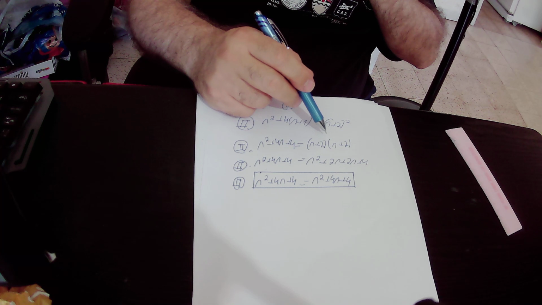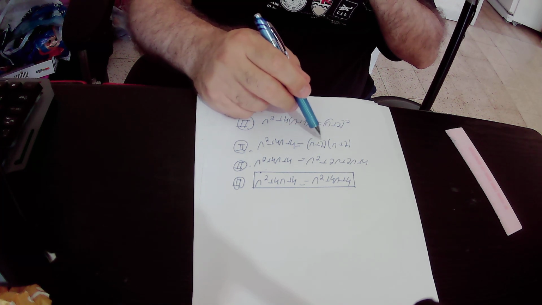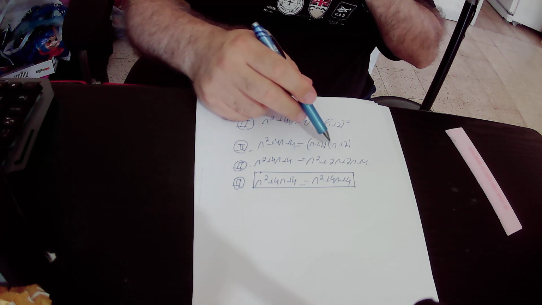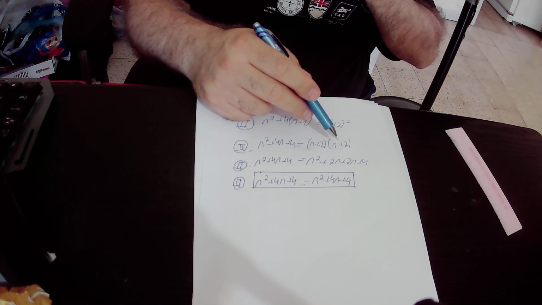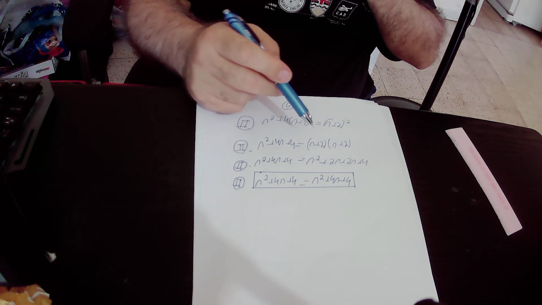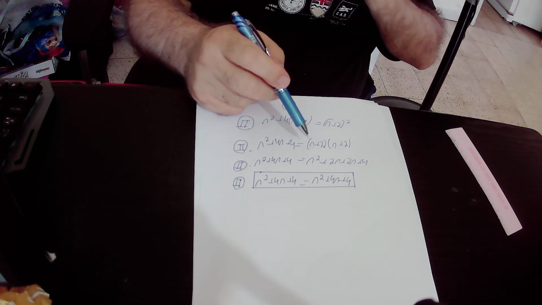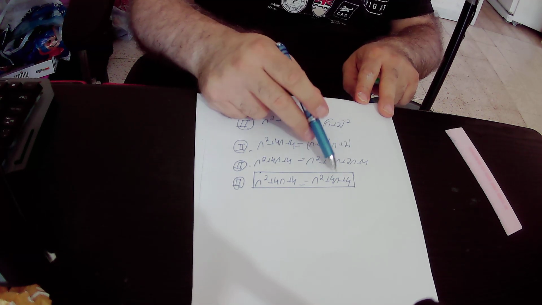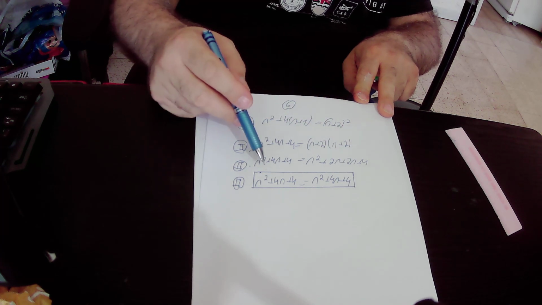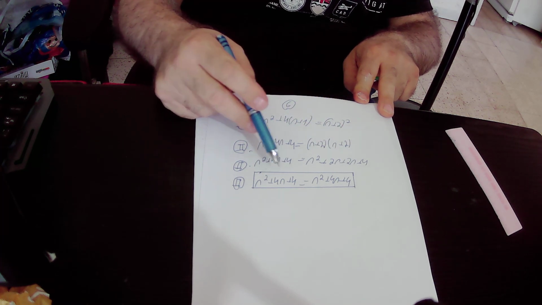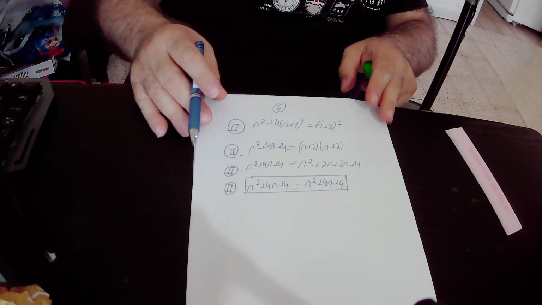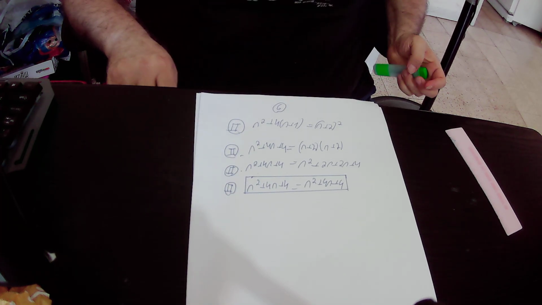N times n is n squared, 2 times n is 2n, and again 2 times n is 2n, 2 times 2 is 4, and here we will get that n squared plus 2n plus 2n is 4n, plus 4 equals n squared plus 4n plus 4. So we actually proved that the second